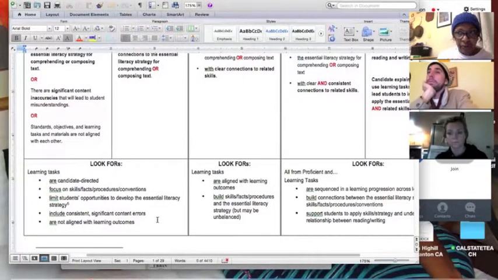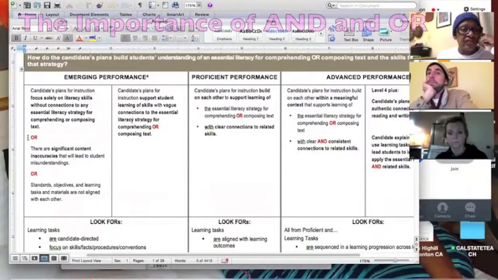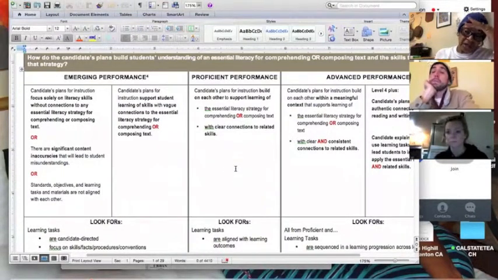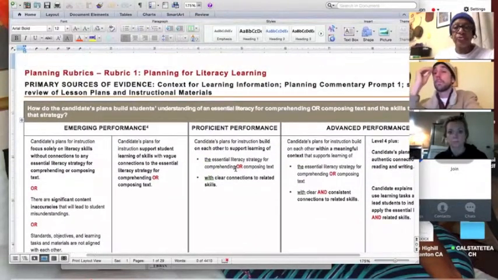That's very important to keep in mind. If you notice that sometimes it says "or" and sometimes it says "and," that's important when you read through this. So here, one of the key things that the trainer told us is that for this particular one, remember how